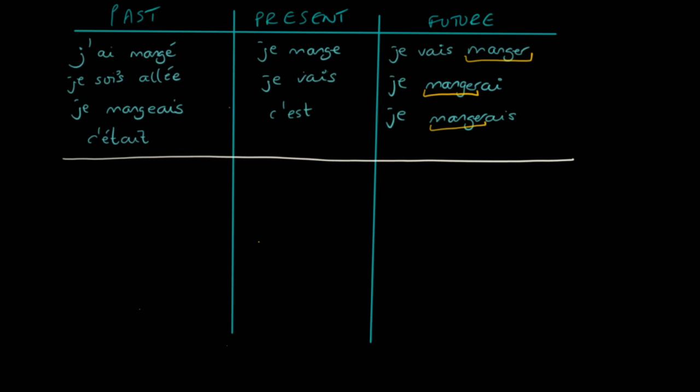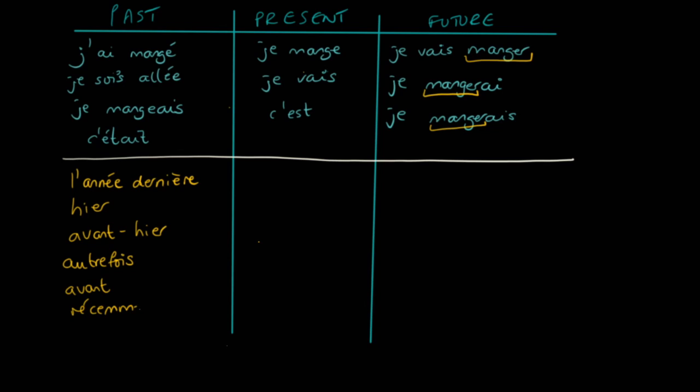in the higher paper. In terms of reading and listening, there will usually be some sort of time phrase or expression to help guide you as to what the tense is that's being used, other than you just having to rely on being able to spot the verbs. So things, for example, like l'année dernière, last year, or la semaine dernière for last week, hier, yesterday, avant-hier, the day before yesterday, autrefois, like in the past or long ago, avant, before, récemment, recently, and a really useful one is il y a plus a number plus a time,